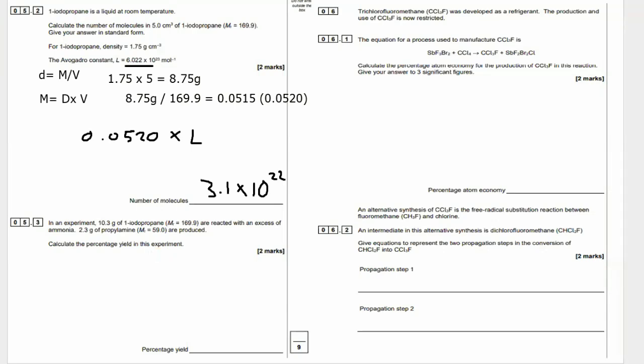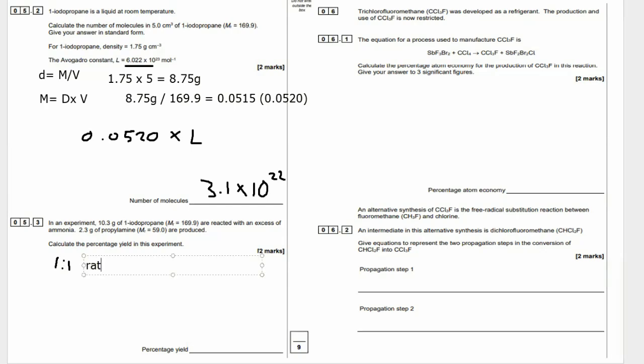So what we need to do here is say, well, the iodopropane undergoing substitution with ammonia to form propylamine, very similar to the reaction we just did on 5.1, that mechanism. So it's a 1-to-1. You're going to get one amine group substituted for one iodine. So it's a 1-to-1